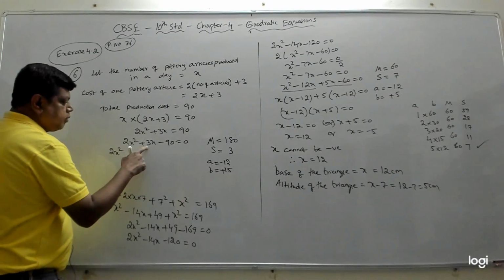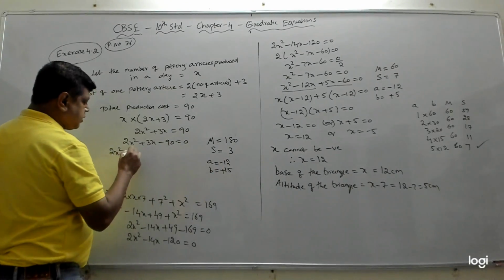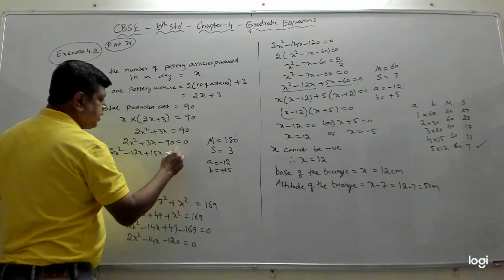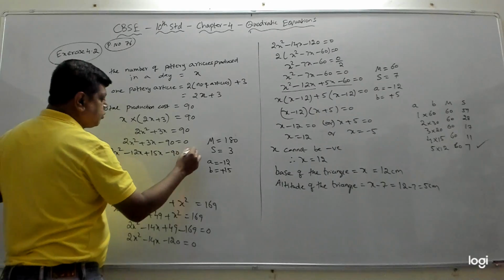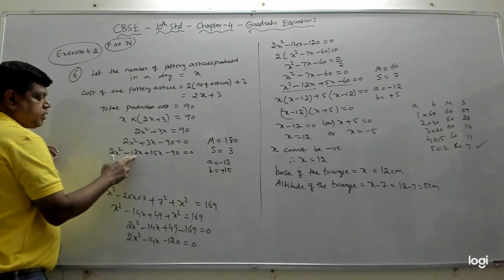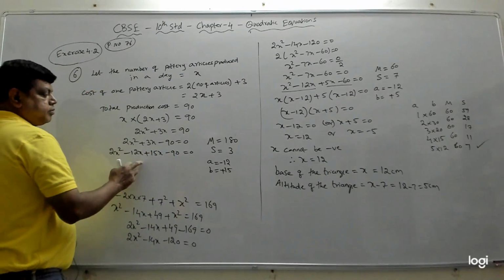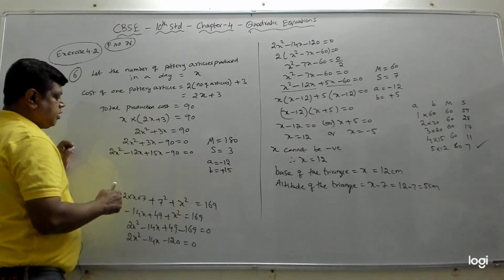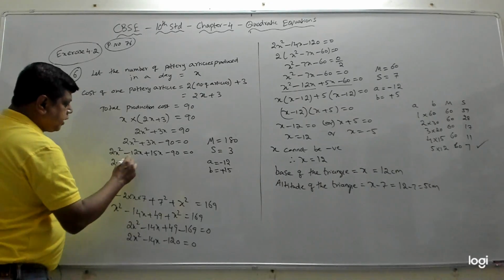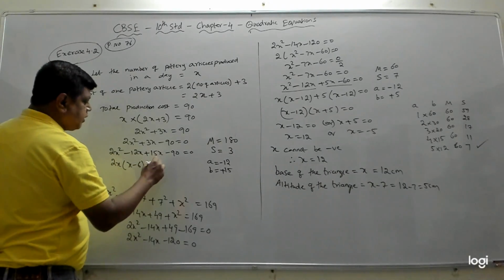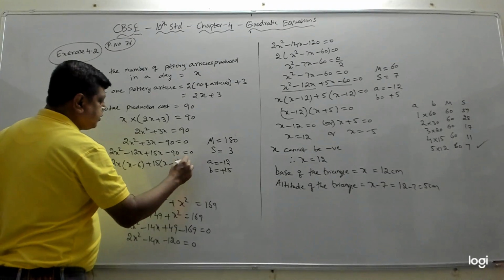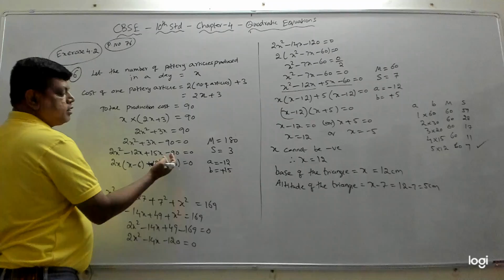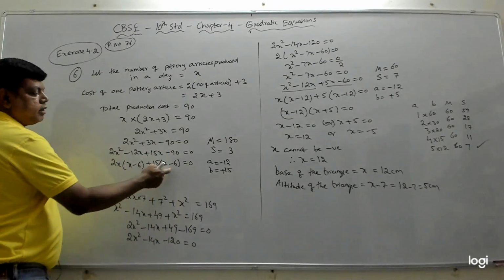So 2x square plus 3x can be written as minus 12x plus 15x minus 90. This 90 we write as it is, equal to 0. So this plus 3x is what? Minus 12 plus 15 will give you 3x. If you do these two, minus 12x plus 15x, you will get 3x. Now in these two, what is common? 2x is common, you will get x minus 6. Here plus 15 is common, x minus 6 equal to 0. In these two, 15 can be taken because 90 is 15 into 6. If you take 15 out, 6 will be there. If you multiply, you will get back this.